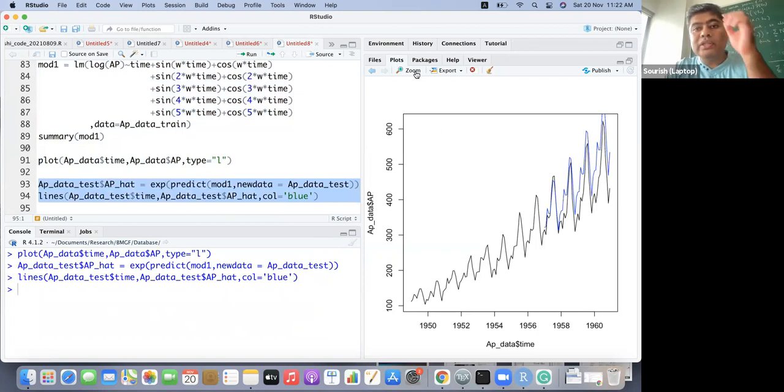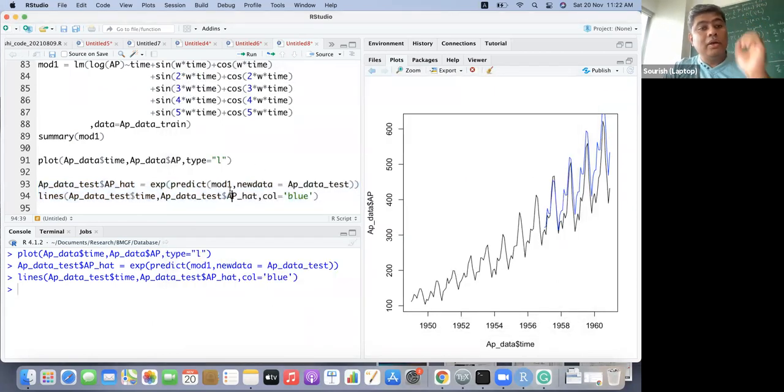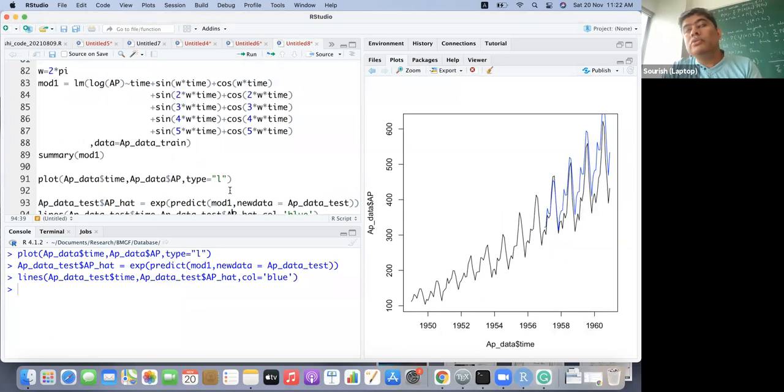So it has now even started modeling the small ups and downs also. But one more thing we have in our toolbox. Can you tell me how we can do that without adding further Fourier transformation?